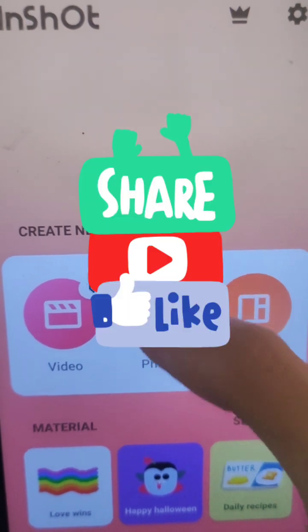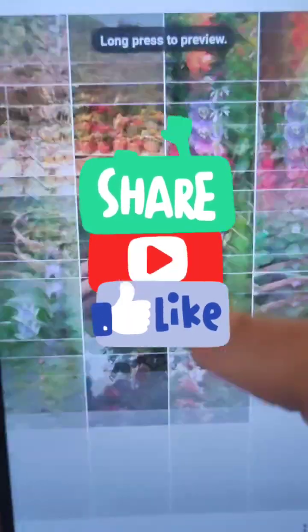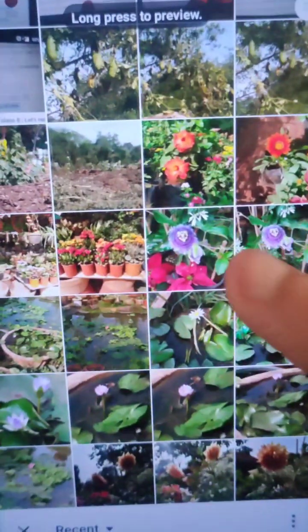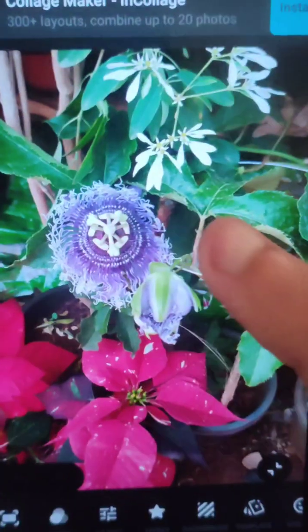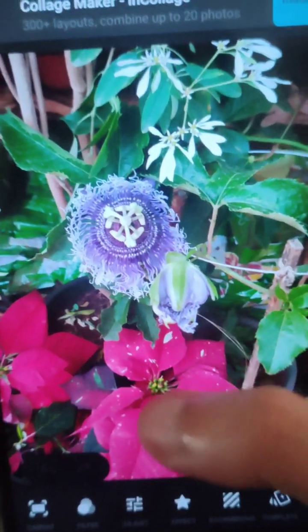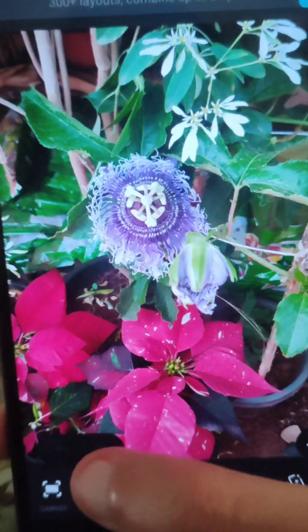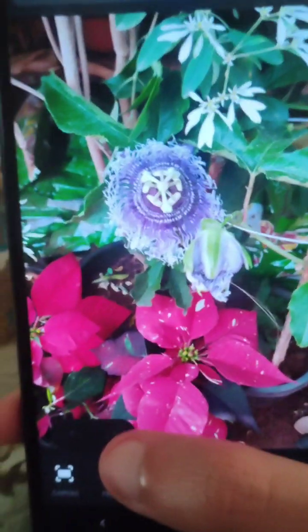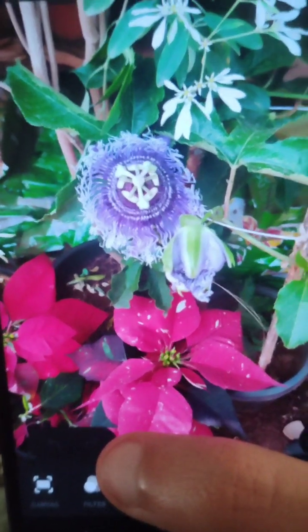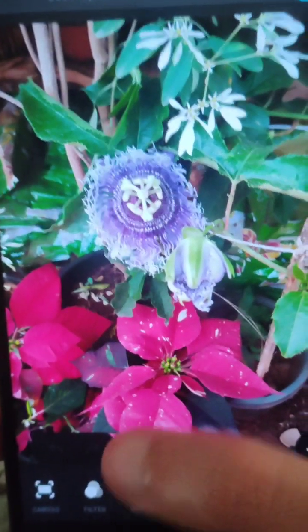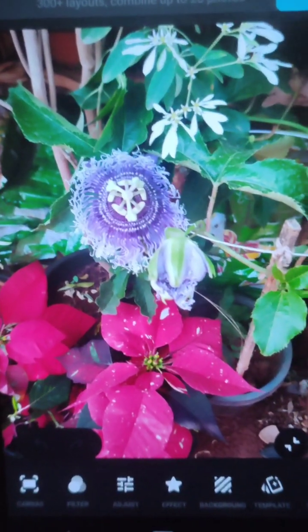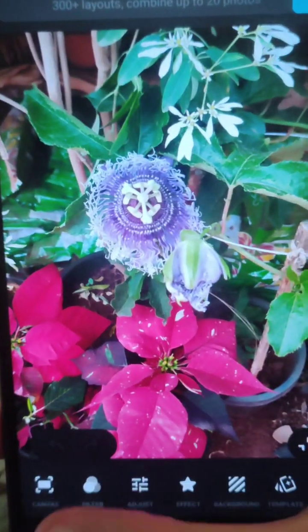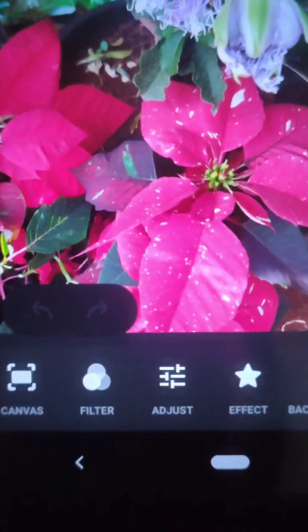I'll show you about the photos, how to edit it. So I take any photo from my gallery. Suppose this is the one photo I have, and we can do collage as well. You can see up here they have given collage maker. We can do that in this as well. Okay, so you can see this photo which I have taken, and you can see what all options are given: